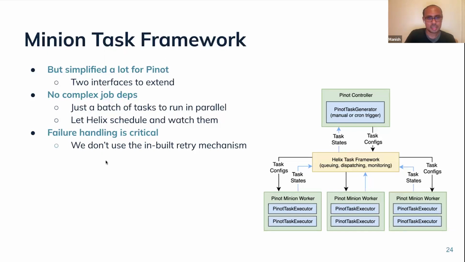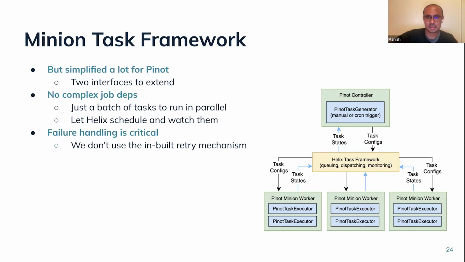The other aspect is that, like with any distributed system, things will fail. So you need to build your system such that you handle those failures. Helix itself has a retry mechanism to retry failed tasks, but we don't use it, because for each use case that we saw, even the tasks you saw, file ingestion or segment refresh, we want to handle failures in the specific way that the use case needs, which I'll talk about in a bit. I'll give an example of that.